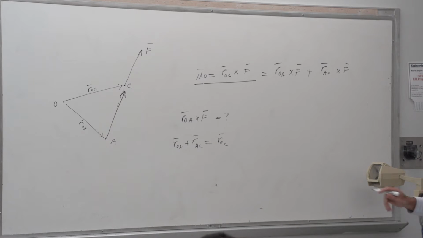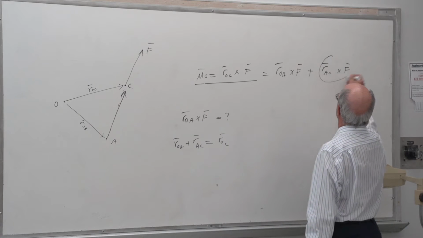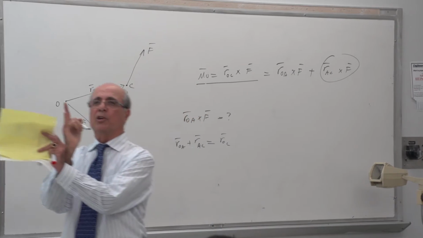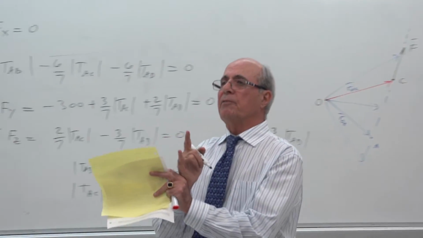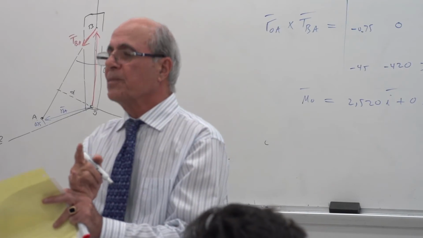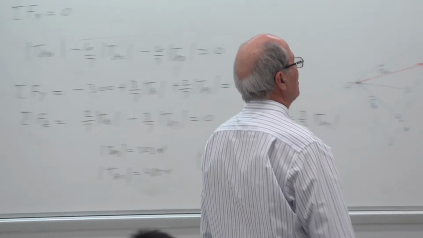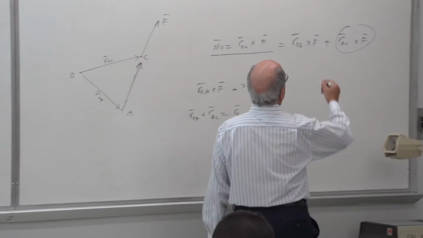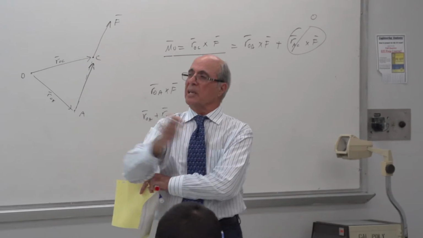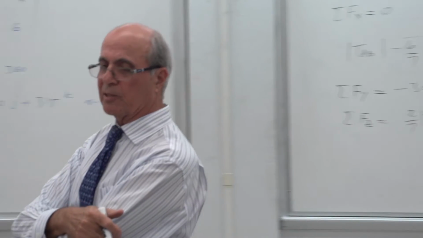Yes? But notice, this is what we have there. But look at that. What's this value? RAC cross product of F. They are all the same line. Therefore, sine theta equal to 0. So that magnitude must be equal to 0. So if that's equal to 0, notice both of them giving the same. And that's what you just did by number. That's it. That's the proof of it, theory-wise. Is that correct or not?